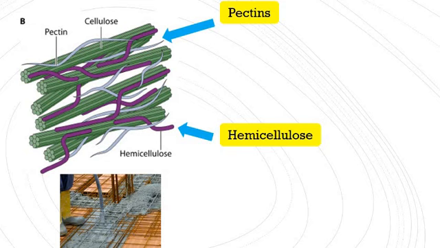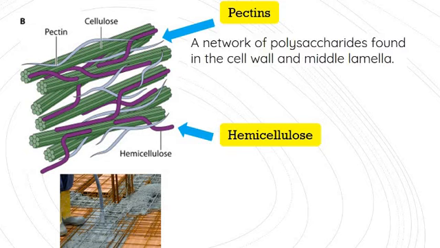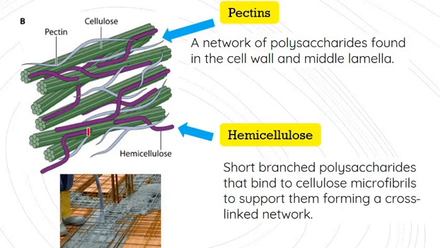There are two more things we can look at. Let's start with pectins. Pectins are a network of polysaccharides found in the cell wall and the middle lamella, and you can see them on the diagram on the left as this network of blue strings wrapping around the cellulose and this purple molecule called hemicellulose. Now hemicellulose by comparison you can see is a lot shorter. There are lots of short branched polysaccharides, and you can see them stuck along the cellulose microfibrils holding different strands